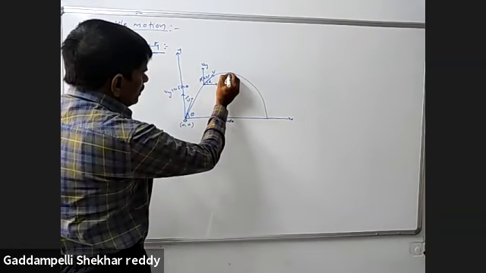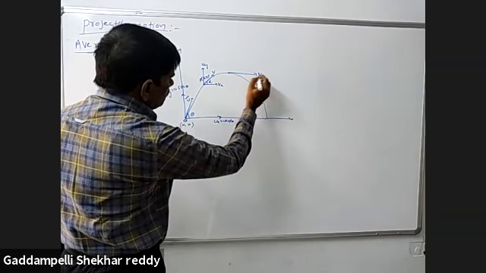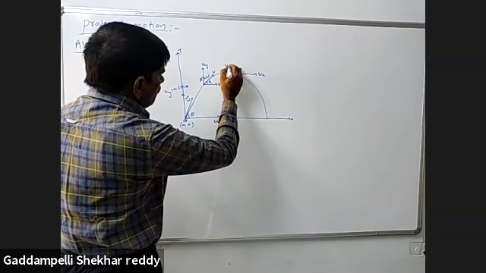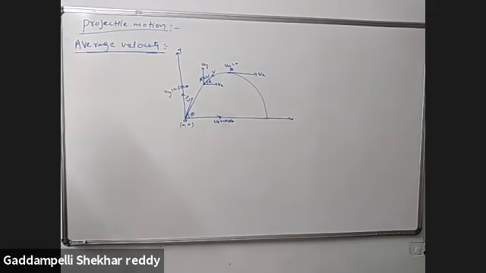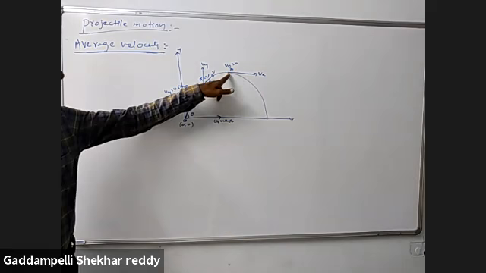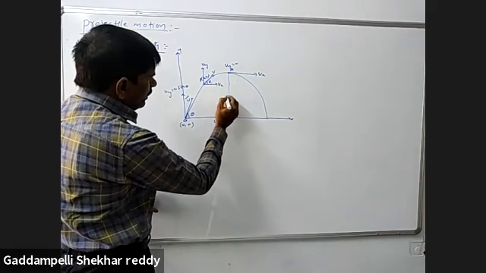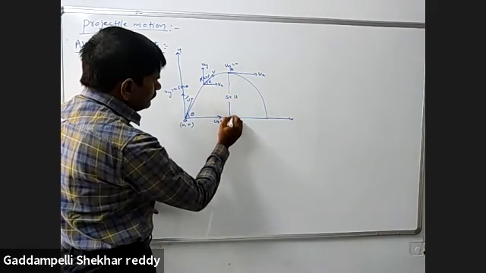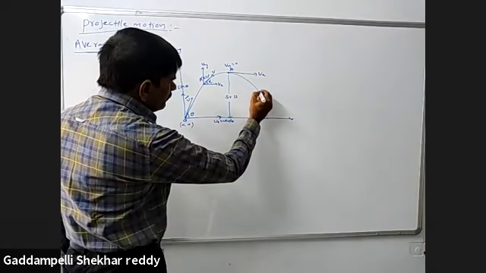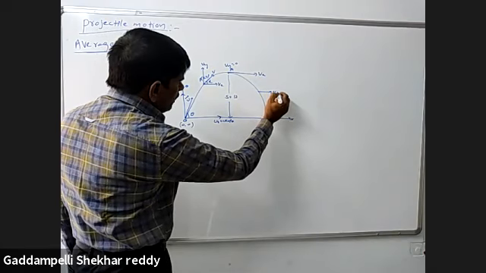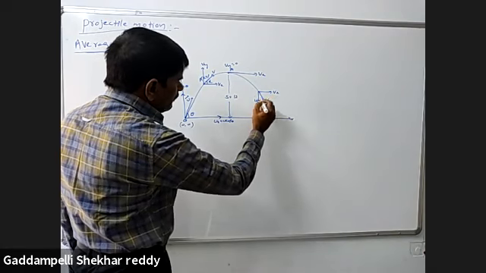After a time t, the projectile reaches the highest point. Here Vy is equal to 0. In projectile motion, the point where the vertical component of velocity becomes 0 is known as the maximum height, where S is equal to H. After crossing this point, the projectile moves in the downward direction. At this point we have Vx and Vy and the velocity in the plane V.